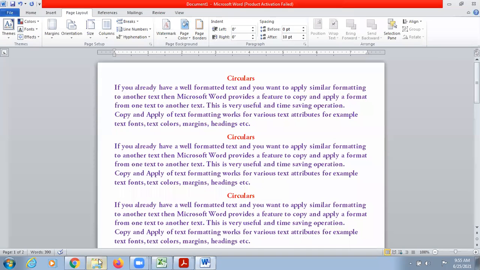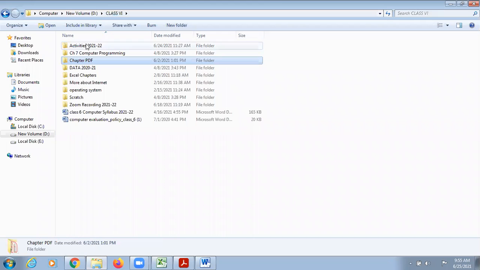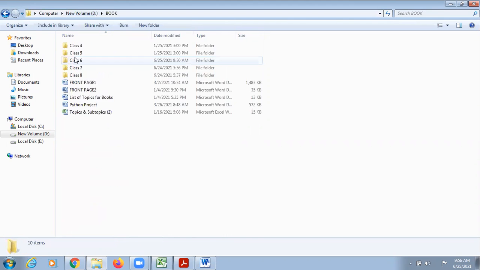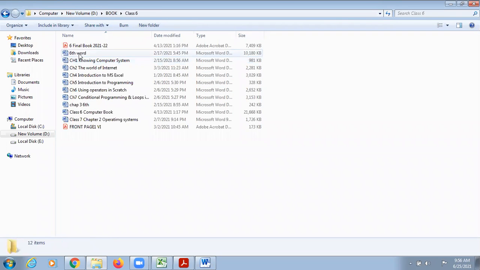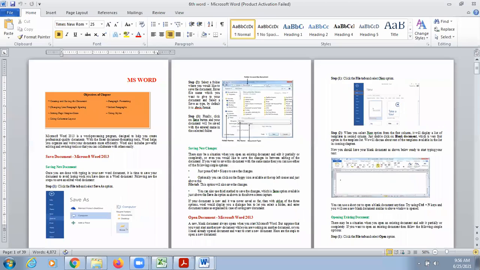Now let's see how to insert header and footer. I am opening a Word file of this chapter. So this is the Word file of my chapter, MS Word.